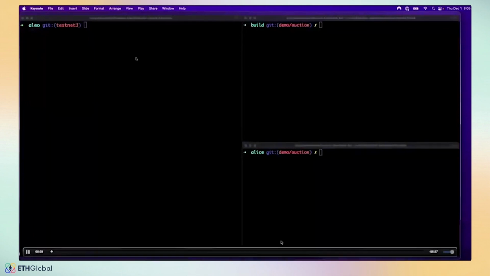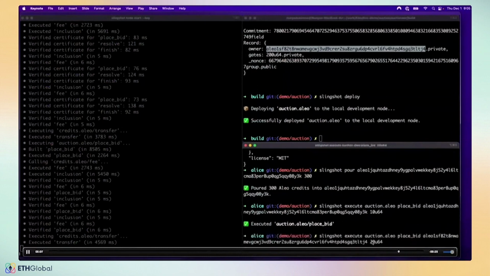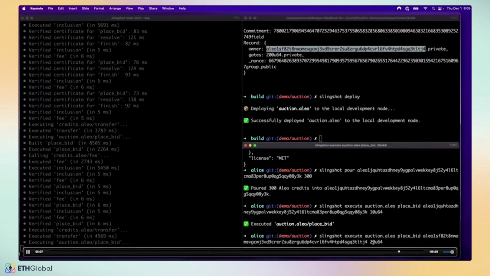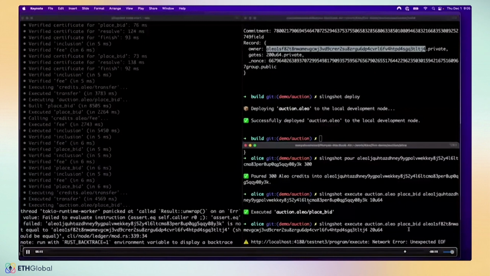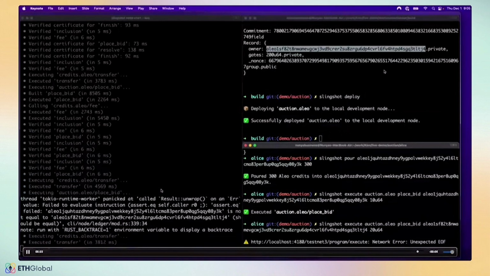Oh, and I guess it gets a little cut off here. That's too bad. I don't know if you can see the bottom left or bottom right, but essentially we call Slingshot execute, auction place bid. The first execution is a valid bid. We use it with Alice's address, and you see up on the left, we execute place bid. The second invocation to place bid uses a different address, actually the auctioneer's address, and the node fails to run. And this is the check that we had earlier to make sure that only the caller is the person